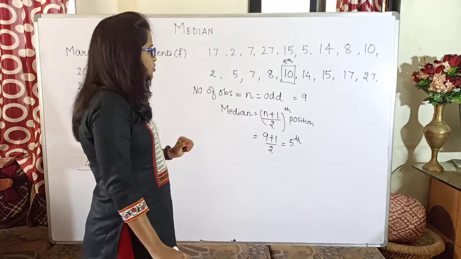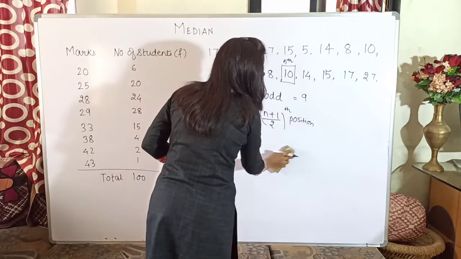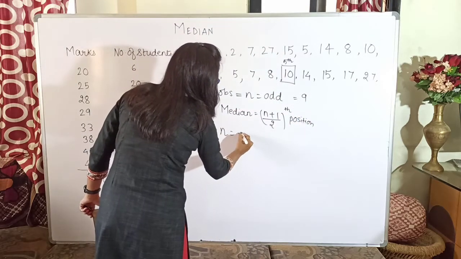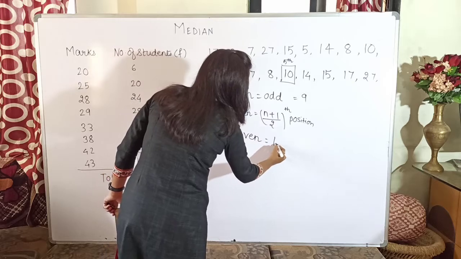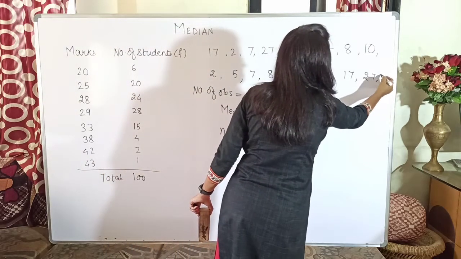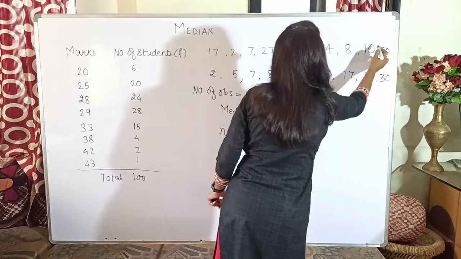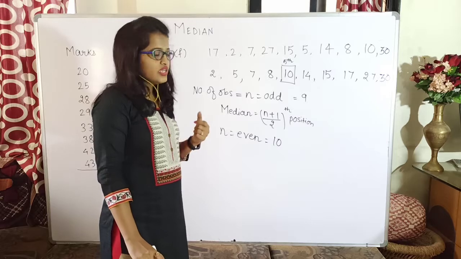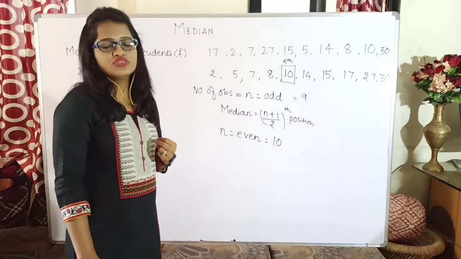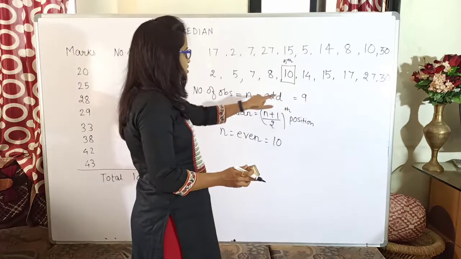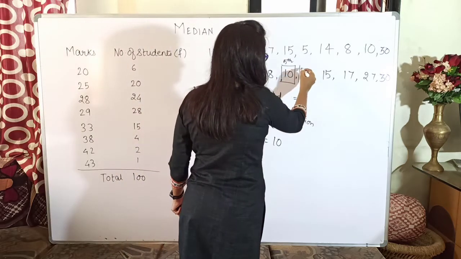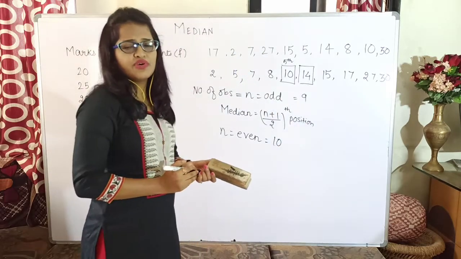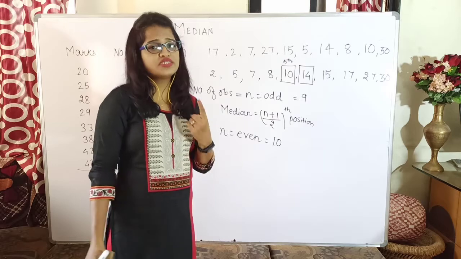Okay, now let us come back to the next formula, wherein the number of observations are even. It means for the same example, suppose I take the number of observations as 10. So now will you get a single value which will be the centralmost? No. Here you will get two values which can be considered as the centralmost. This one, whereas the next one. So now you can see 4 observations below it, 4 observations above it. But median cannot have two values. It should be a single value.